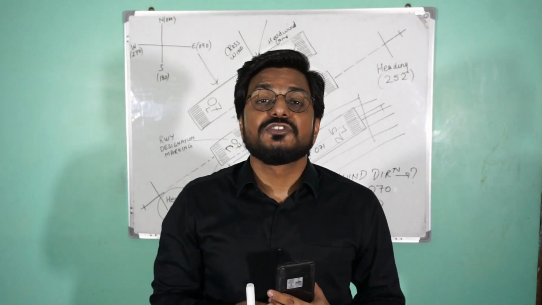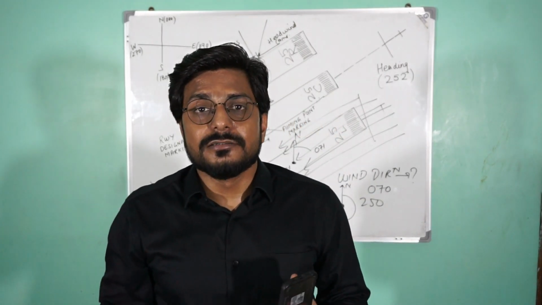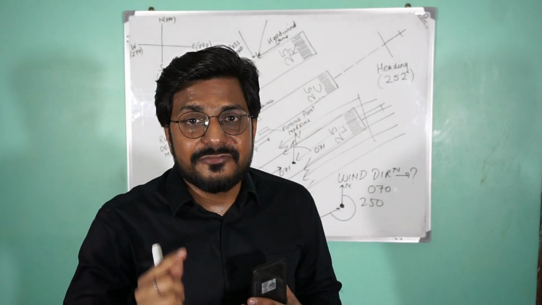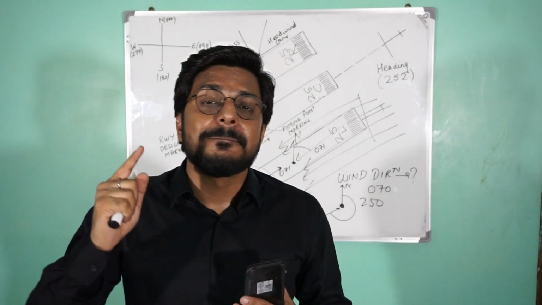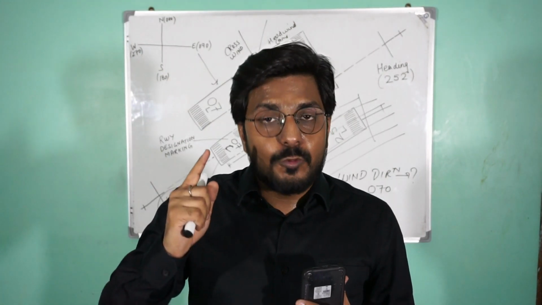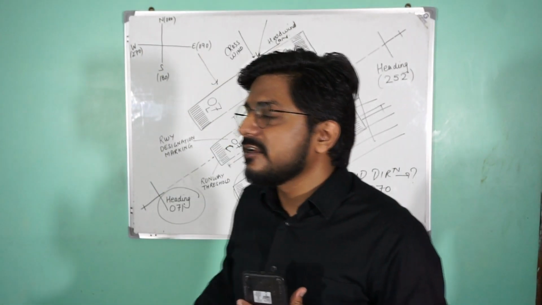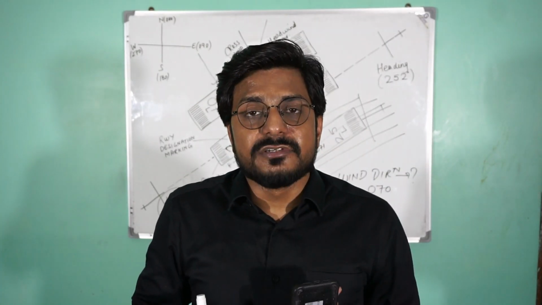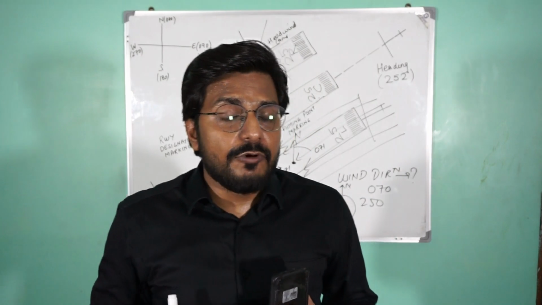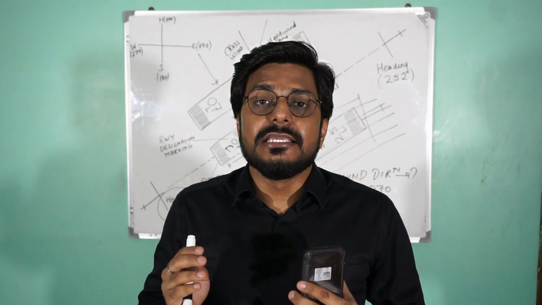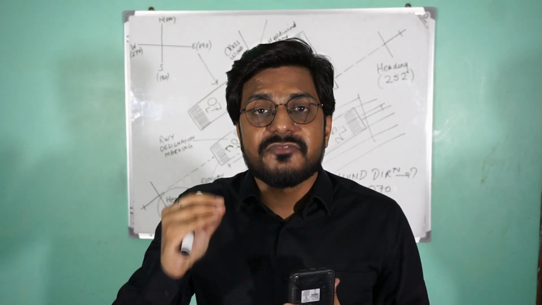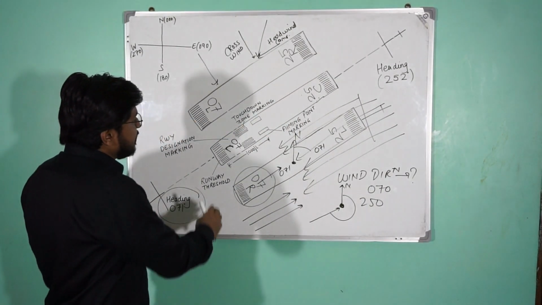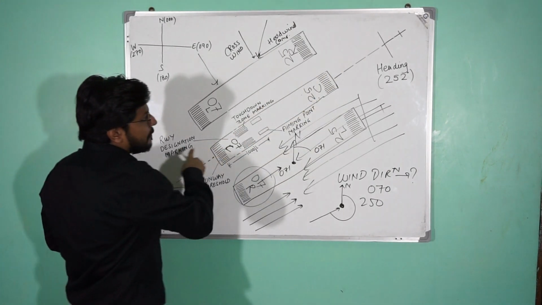So this is how it should be done, and I hope you have understood all the topics which I have explained. I'll just give you a revision. I have told you what a runway is, how these runways are designated, how to designate the parallel runways, and I have also discussed the factors which can affect the runway, and most importantly I have explained the runway markings.